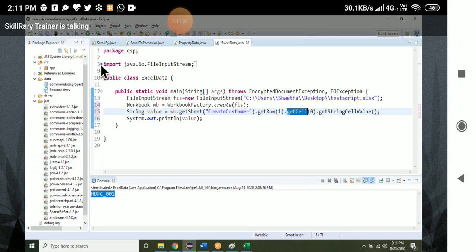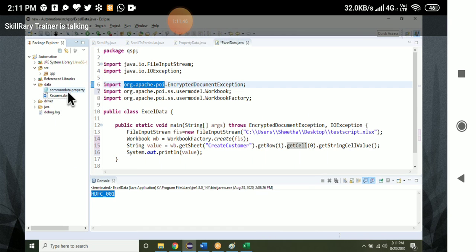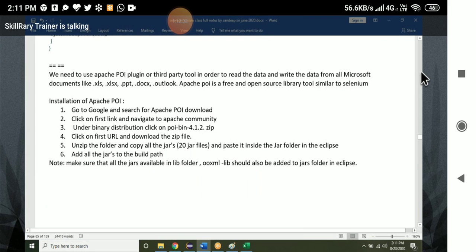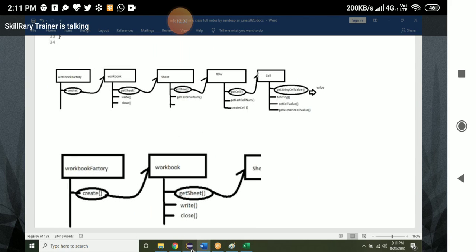But this one is Apache POI, you will see Apache POI. What is the package name? Apache POI. These packages will be present inside this library. That's the reason you have to download it. It is stating why we are downloading: in Java, there are no libraries or solutions for it. It is present in these packages, and these packages are present in that library. Okay, take this down. One second. Take down this program.